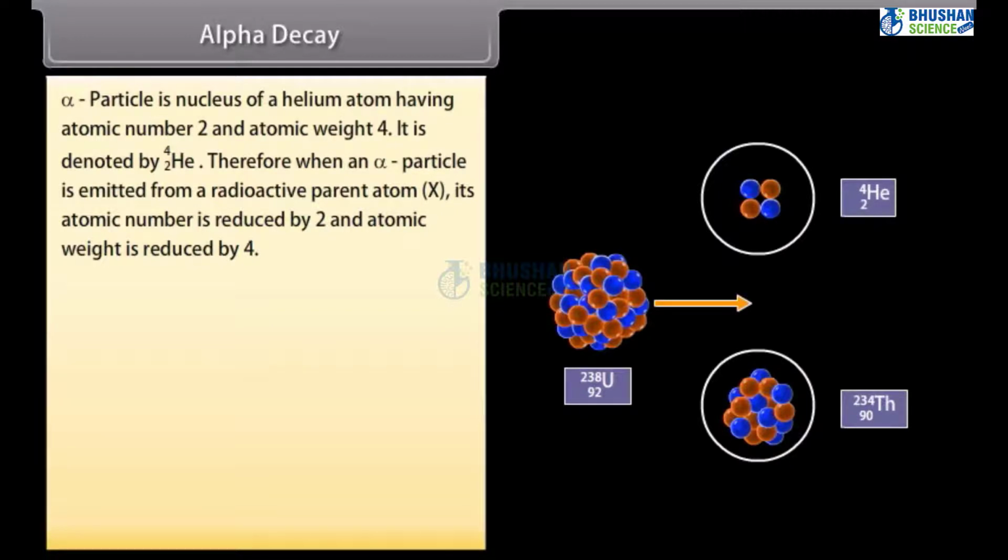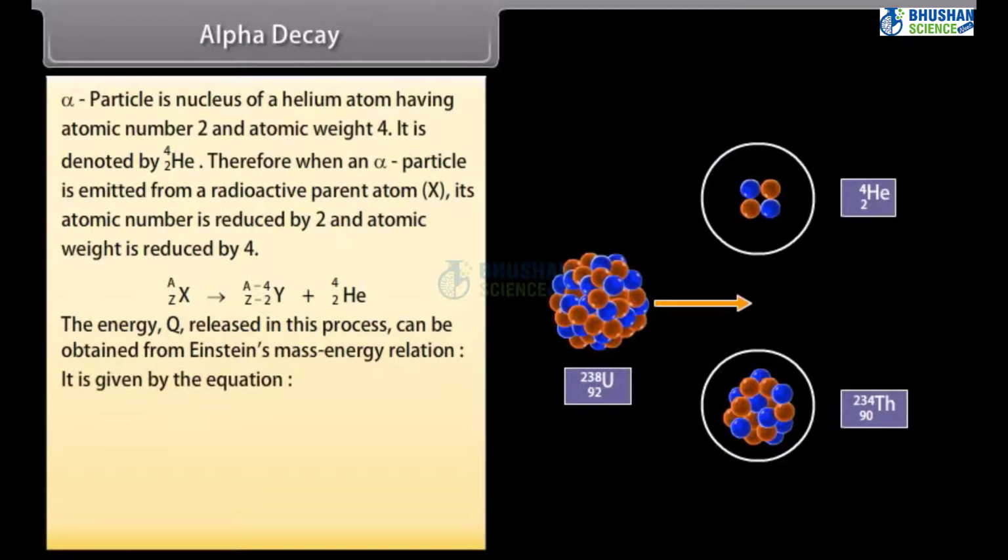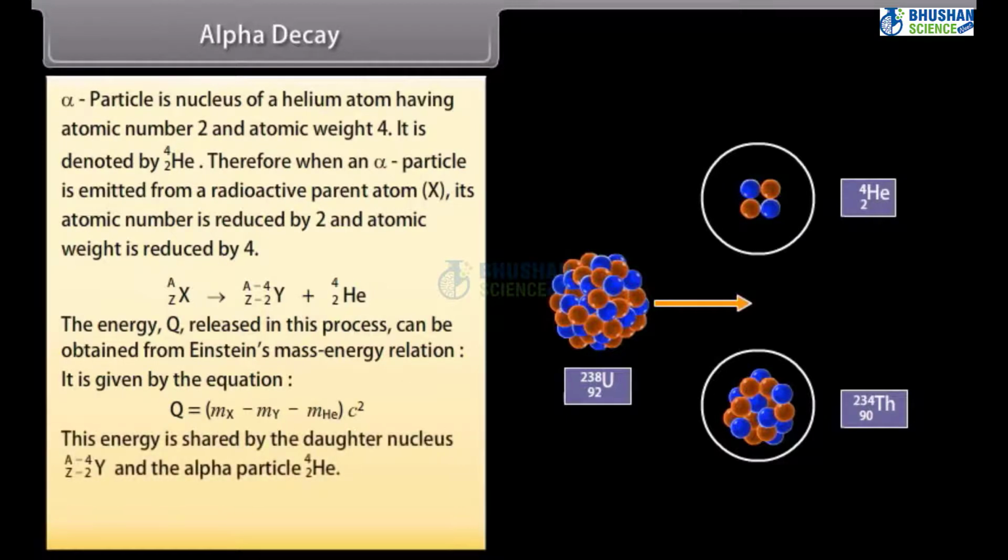It can be demonstrated as the energy Q released in this process can be obtained from Einstein's mass-energy relation. It is given by the equation Q is equal to (mX minus mY minus mHe) into c squared. This energy is shared by the daughter nucleus and the alpha particle. For example,